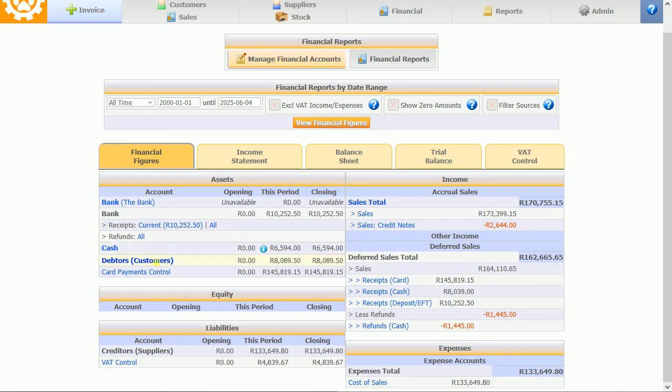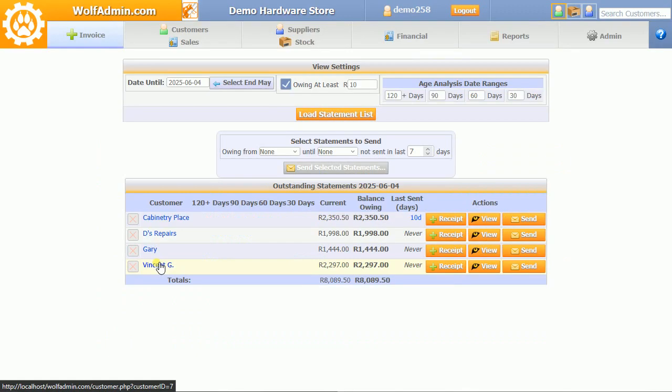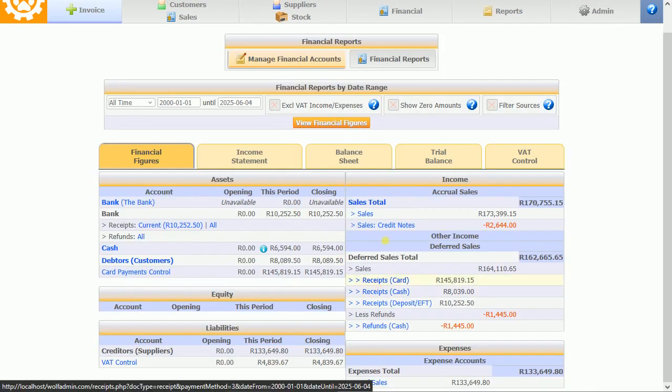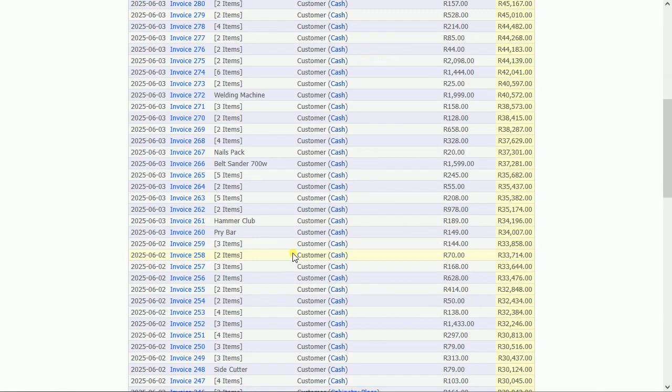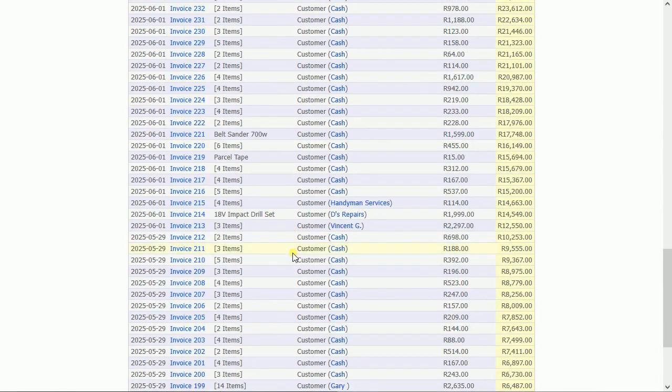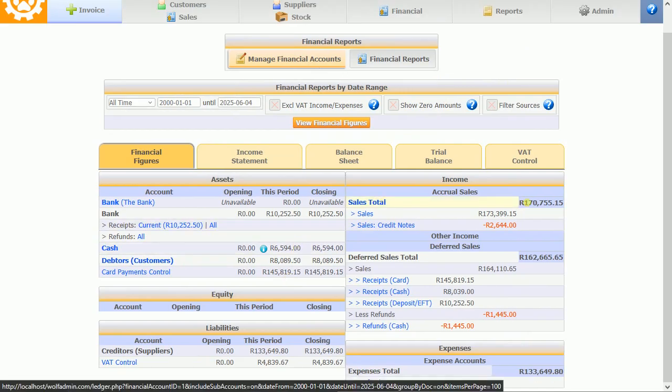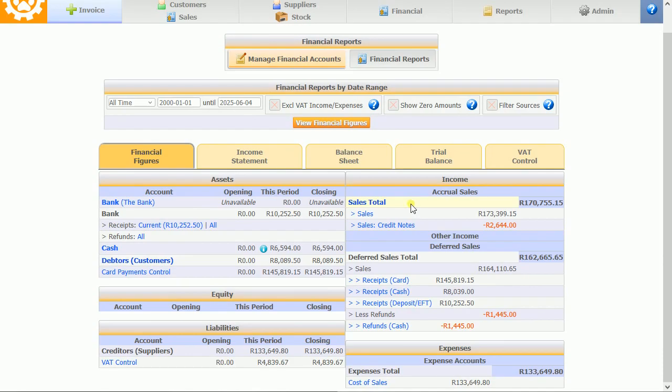So if I click on debtors, customers for example, it can show me all the customers that owe money and how it got to that figure. And if I click sales total, it'll take me to the general ledger where it shows all invoices and credit notes. Again, pointing out how it got to that figure, and it'll filter it by the same date range you filtered